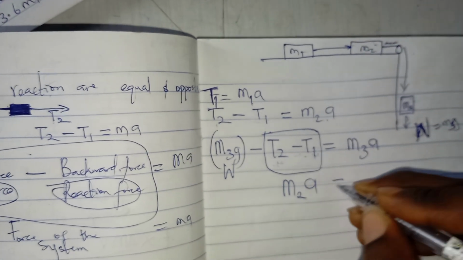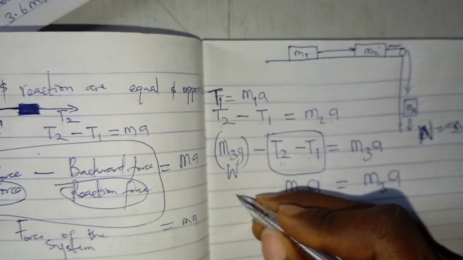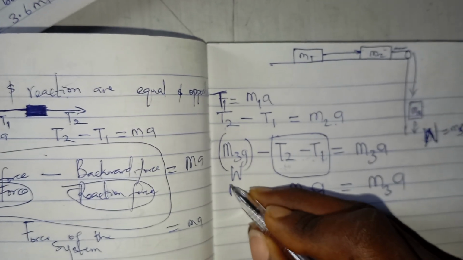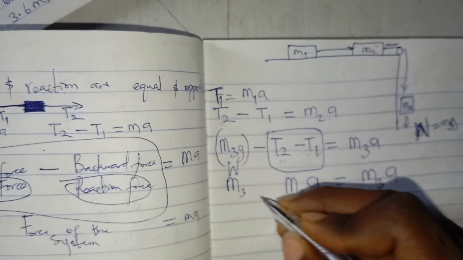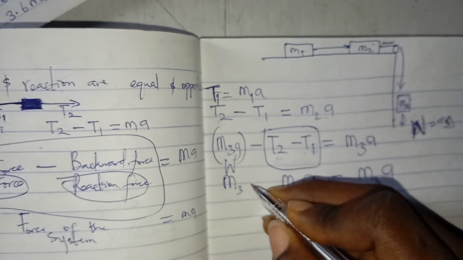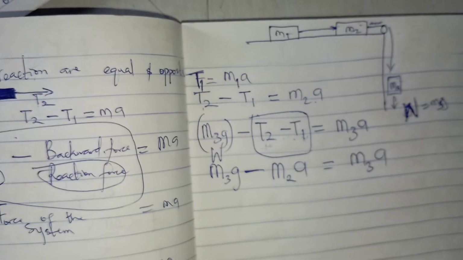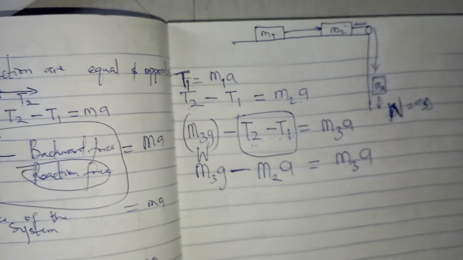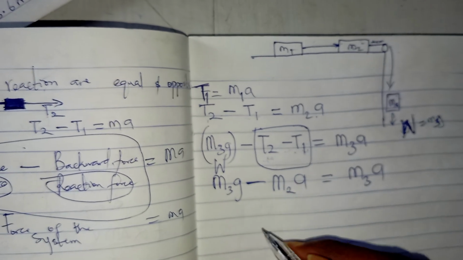You see it is equal to M3A. Then M3G. That is the force, the weight there. The weight is what is dragging it down, and it's M3G. Weight is mg. So the m there is 3, the third mass, g, minus. So you see that if I know this, what this now means is that I can simplify such that